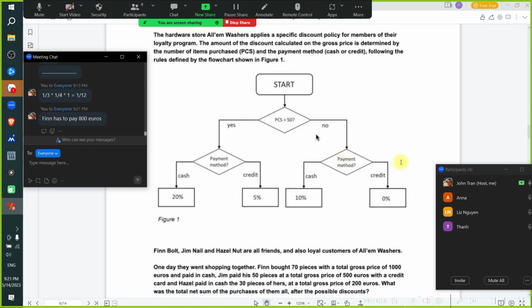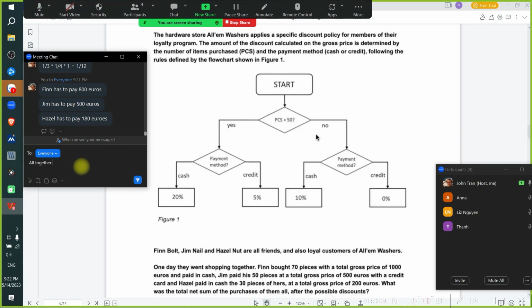So credit card, so he got 0% discount, không được giảm giá luôn. So Jim has to pay 500 euro. How about Hazel? Paid in cash for 30, so no, but cash she got 10%, được giảm 10%. So 200, but 10% off, she has to pay 180, isn't it? 180 đúng không mọi người? Giảm 10%. Yes. So altogether,